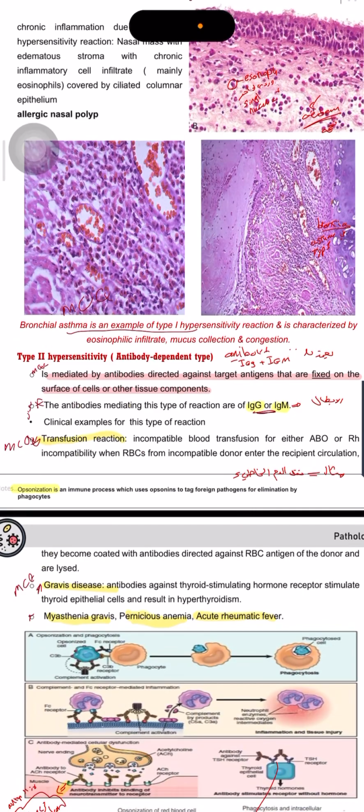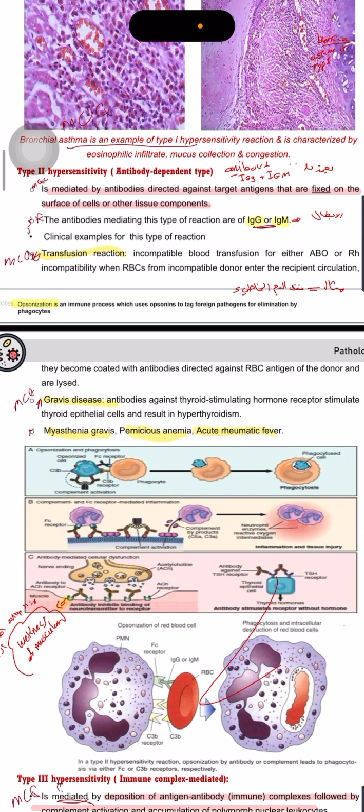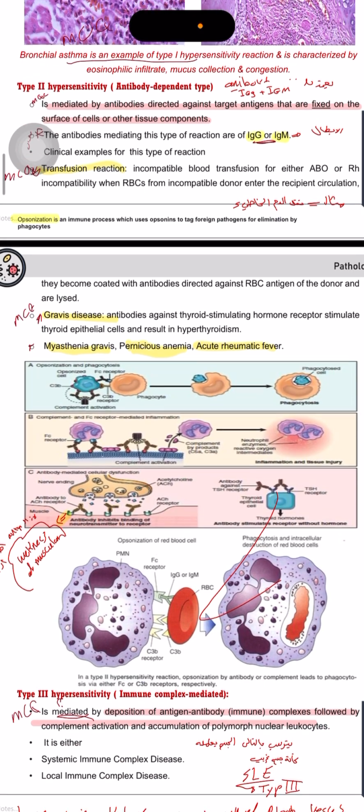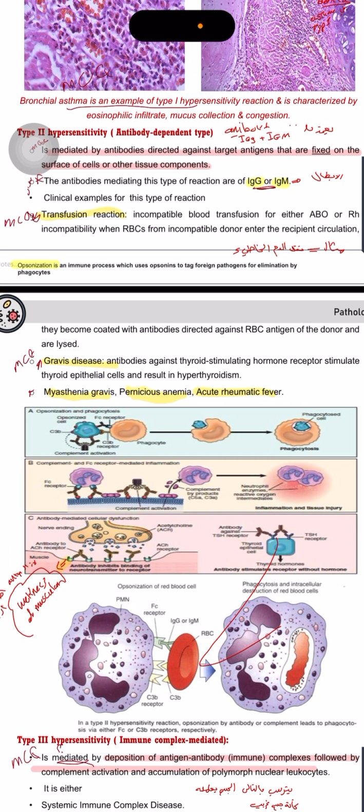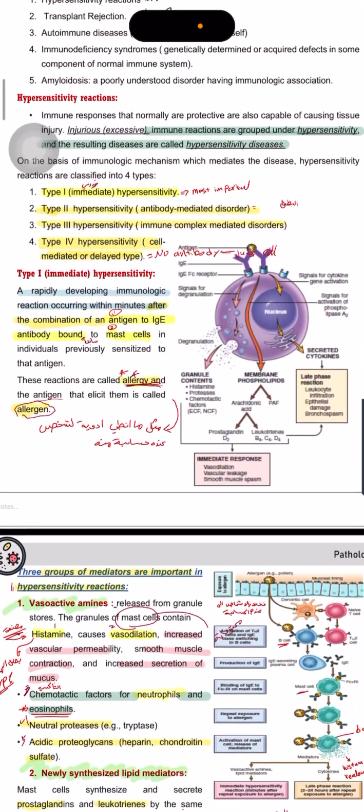Type 2: antibody against antigen fixed on the cell surface or its components. This occurs in transfusion reaction because the antibody coats the antigen. It occurs in Graves' disease, myasthenia gravis, pernicious anemia, and acute rheumatic fever. It also occurs in celiac disease, because the body secretes antibody against self antigen. So type 2 is always a reaction between antibody and antigen,